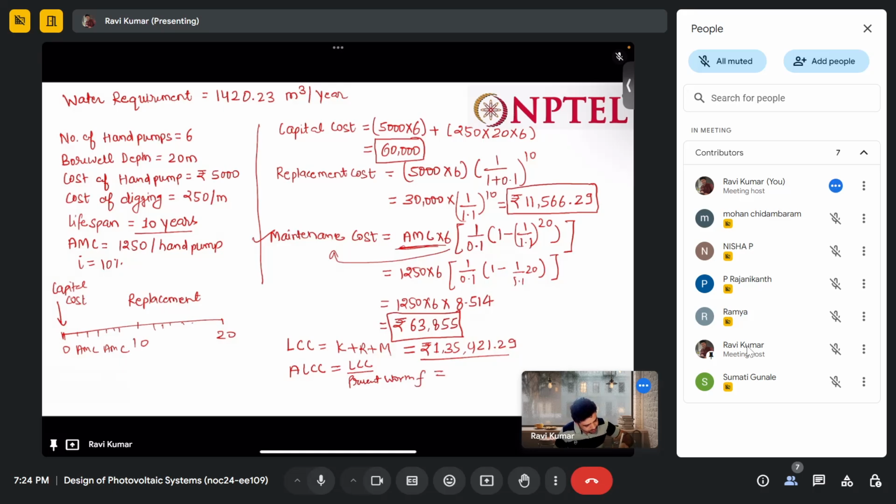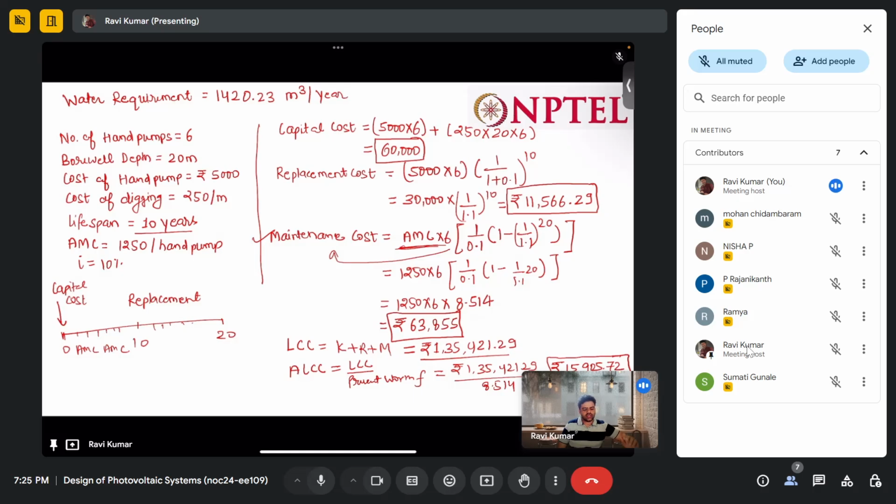So it is rupees 135,421.29 divided by 8.514. I am getting rupees 15,905.70. So this is the amount which we are spending annually,